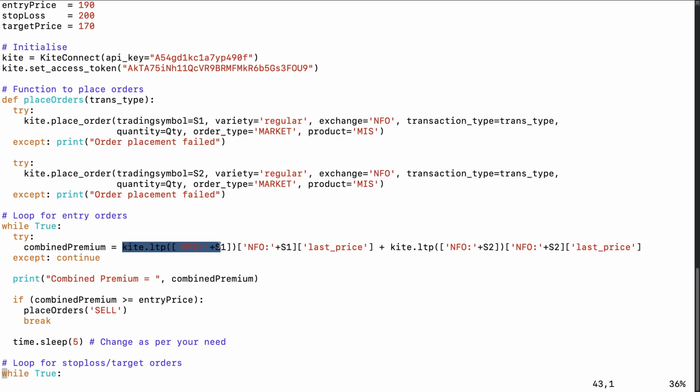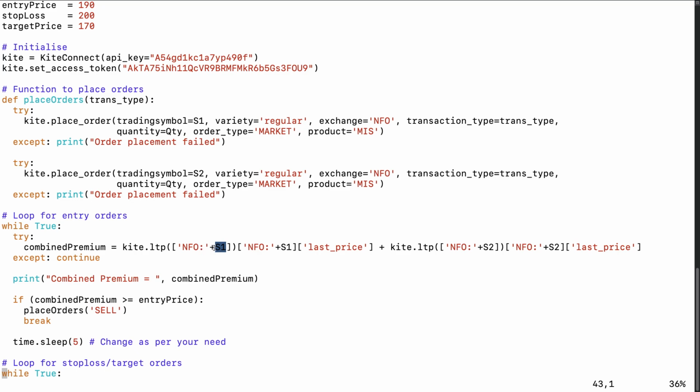If you read the Kite API documentation, we have to provide the parameter as a symbol. So kite.ltp is a function where we are providing the symbol, and if you notice, S1 is nothing but the strike symbol which we have provided if you go back to the beginning of the program.